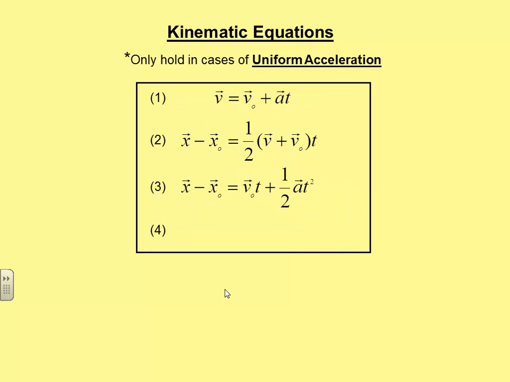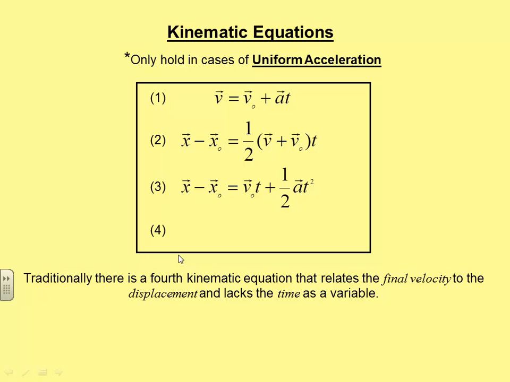So here's our three equations in the order that we derived them. Now you might notice this hole here. That's because traditionally there is a fourth equation. The fourth equation relates the final velocity to the displacement, and doesn't have the time as one of the things you need to know. Notice the time is in the first three equations. So there's a fourth equation that doesn't have time but relates final velocity to displacement. Now tomorrow I'm going to do an activity